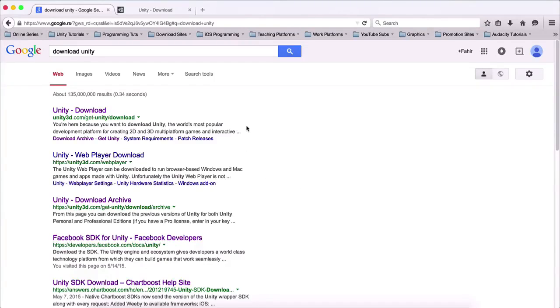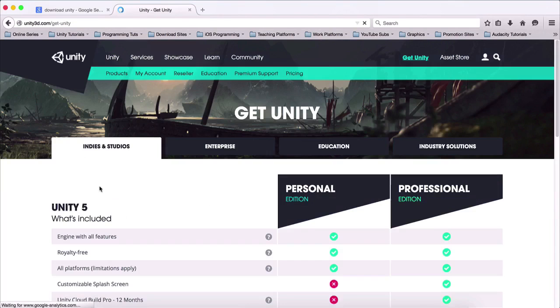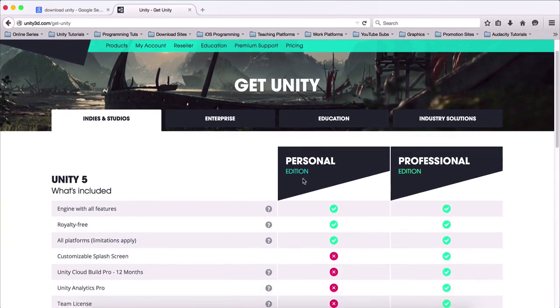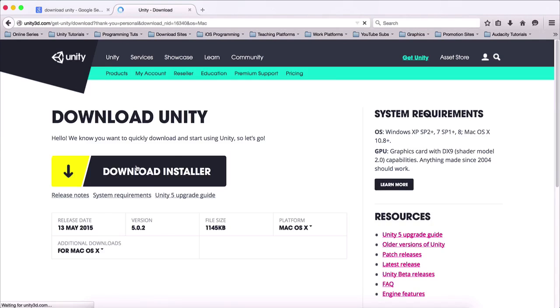First, we will download Unity. So go on Google and type download Unity and open this first page that you see. It will take you here on this page, and then just click on this choose your Unity plus download and choose this personal edition here, and go here and just click on this free download and then download the installer